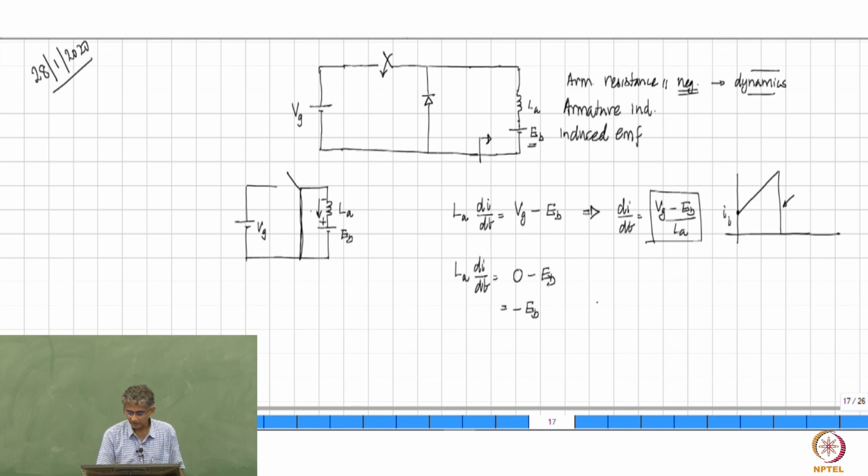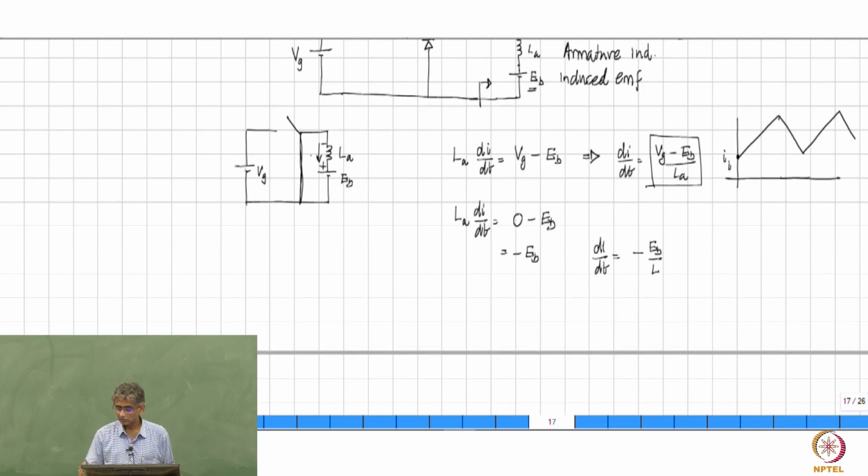Now therefore di by dt has now become minus Eb by L, which now means instead of this current falling to 0, it will now have a negative slope, which means the current will fall, right? And after some time, you are going to turn the switch on again, which means the current will increase again, and then you are going to switch it off again, so current will fall, and so on. Like this, one can go on and on,